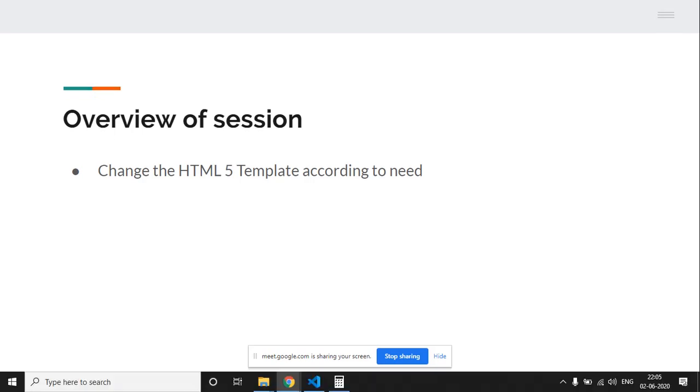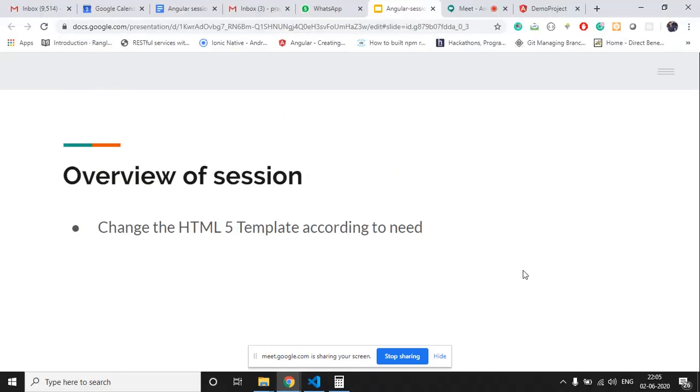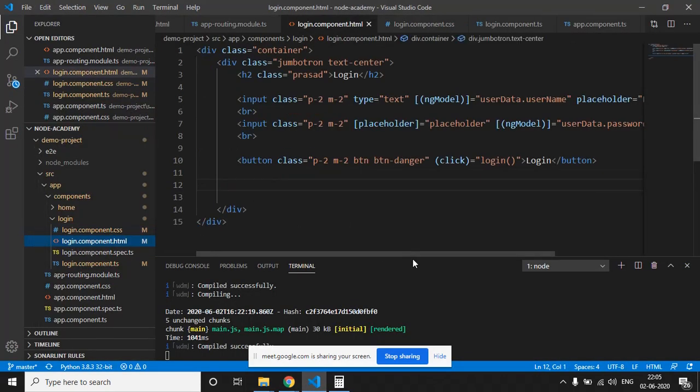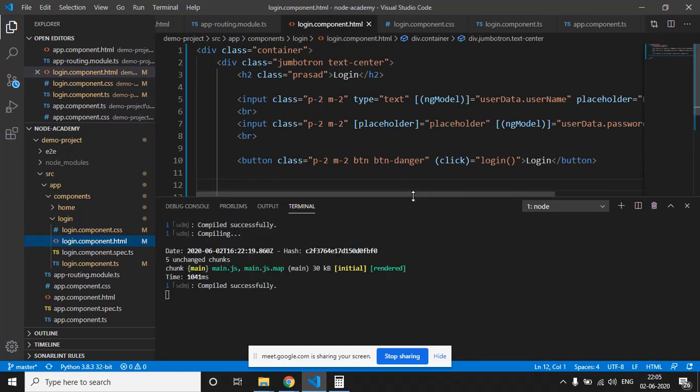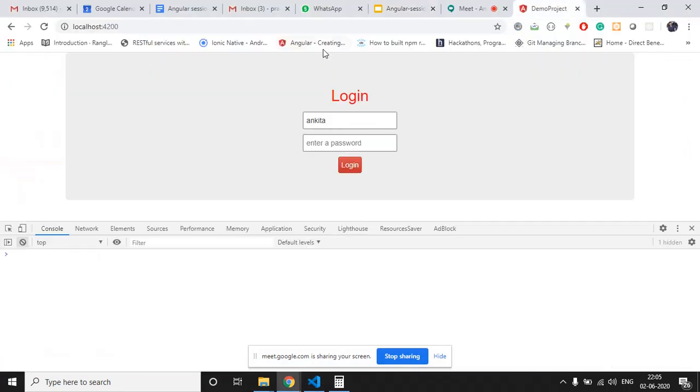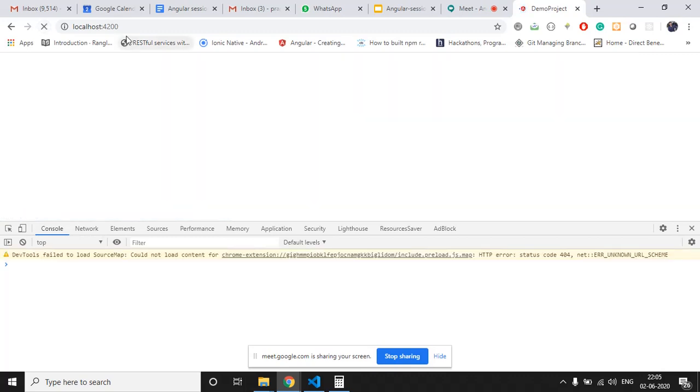So let's start. Let's go to the VS Code where we have our code, and I have compiled my application so that it will be visible to us on localhost 4200. Let's check what we can see. So here's localhost 4200 where we can see our Angular application is running.